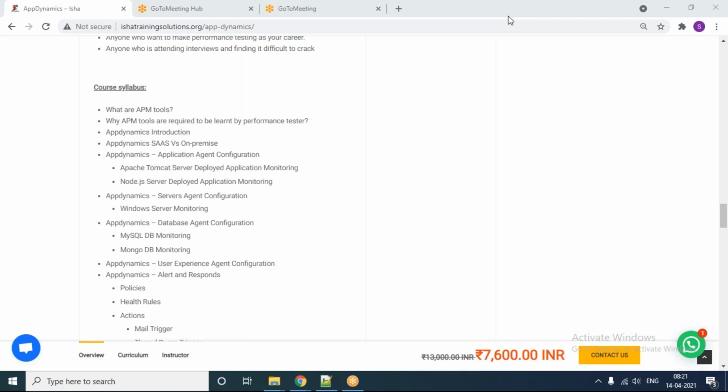So now look at the way I explained. It can be used by a developer, it can be used by a performance tester, it can be used by a performance engineer. In all the layers you can do the investigation. I hope you guys are understanding why we have to learn this APM tool, and in what way it actually benefits us. I hope everybody is understanding. Yes. Okay.